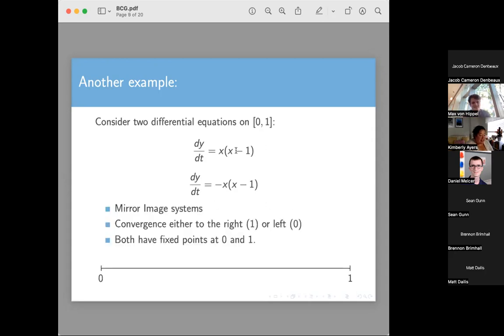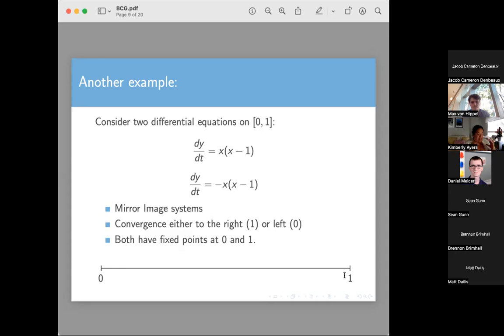So like I said, these are mirror images of each other, right? Because of that negative sign that's present or not present. Both of these have fixed points at the endpoints, so you can consider just that interval by itself. I like to study examples of differential equations or dynamical systems on what are called compact sets. So compact,